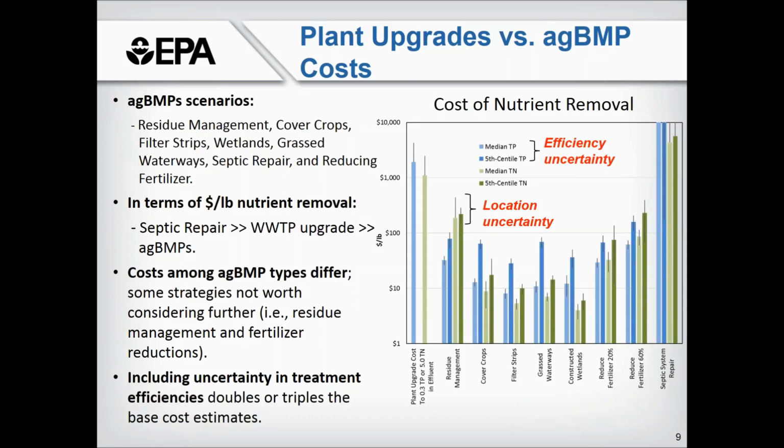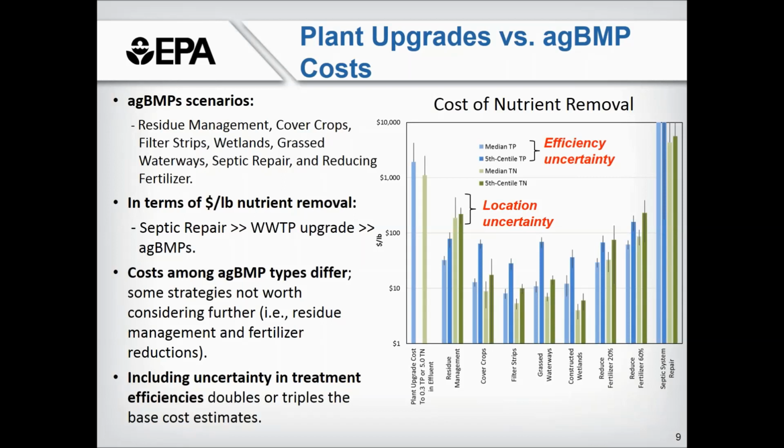a snapshot of the cost differences that are all in dollars per pound and plotted on a log scale among management alternatives, and to highlight different aspects of the uncertainty associated with these costs. Among alternatives, septic system repair was the most expensive, followed by the wastewater treatment plant upgrades. Agricultural BMPs, for the most part, were a factor of 10 lower than the upgrade costs. The cost of fertilizer reduction and residue management were quite high among the Ag BMPs and would probably not be